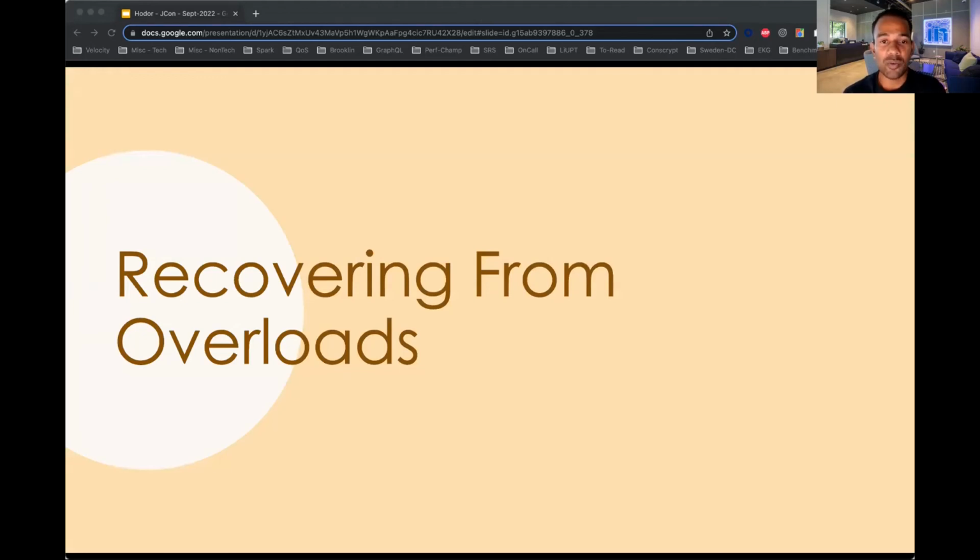Like Salil mentioned, once Hodor detects an overload in the system, Hodor moves on to the remediation stage. In the majority of overload instances, an overload can be remediated by reducing the overall request load in the system. To reduce the overall request load, Hodor performs load shedding of requests before the request consumes any resources in the system. Let's look into some of the load shedding strategies we designed at LinkedIn.